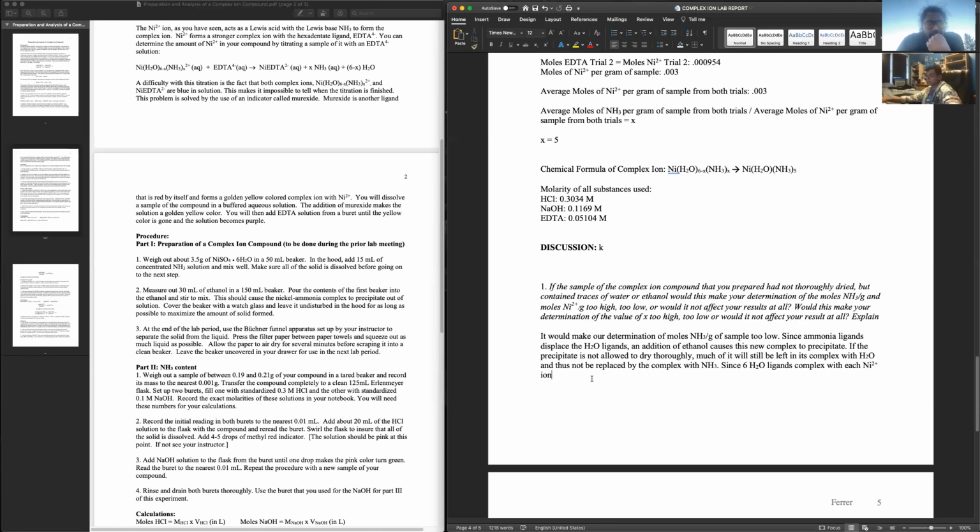Let me try to think. All right. So each nickel will have 6 H2O ligands complexed with it, whereas if it was ammonia, it would be 5 ammonia ligands. So we don't have enough ammonia. We don't have enough ammonia, so more of it's going to be complexed with 6 H2O. So since you need more H2O per